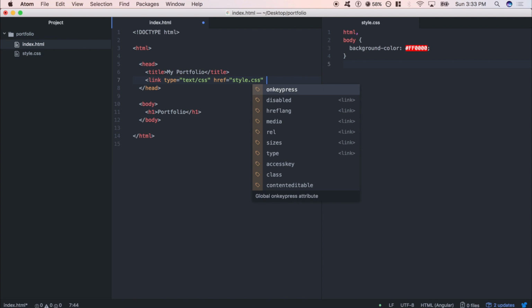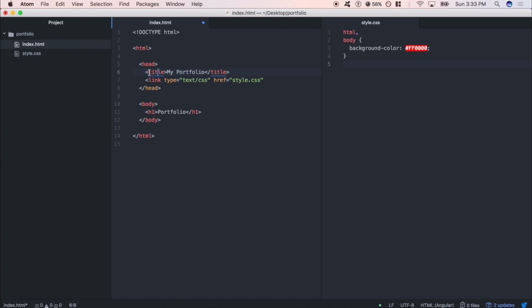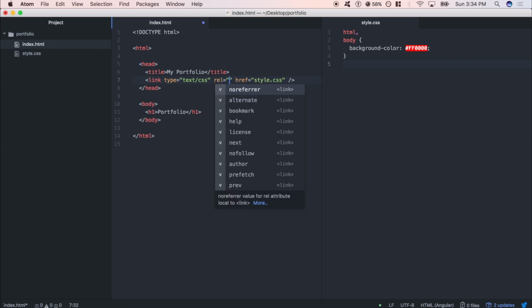And there are a few tags that actually don't have to be closed. When I say closed, I mean like title. Title has an opening and a close, so does head. The majority of tags do, but link is one of the ones that doesn't. And this would be a self-closing tag, so what you do is at the end you put the / and then just end it. Oh yeah, and one more thing it needs is a rel